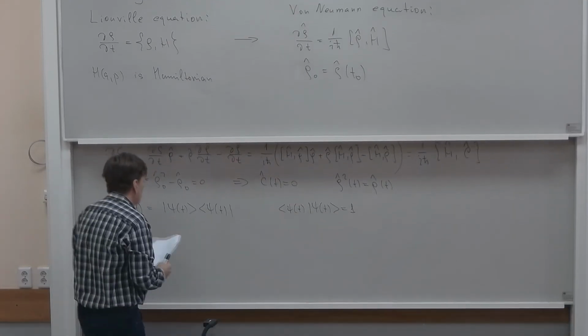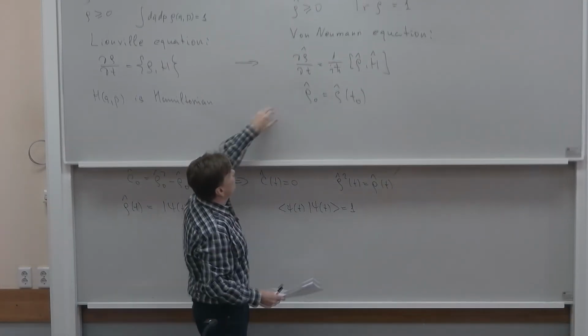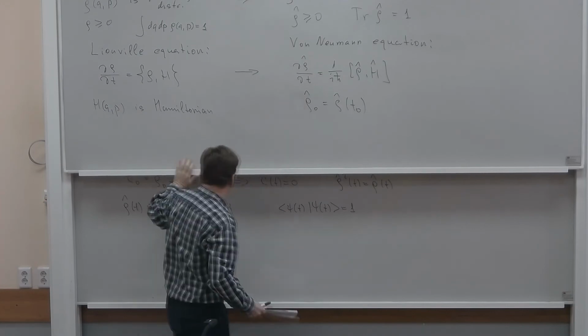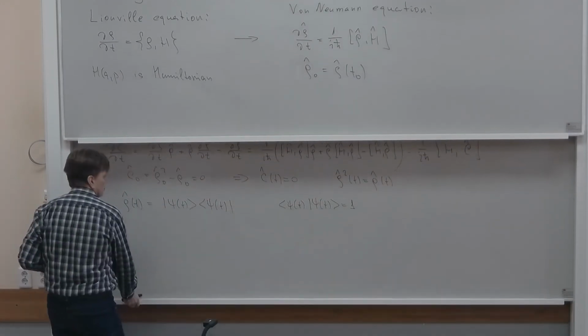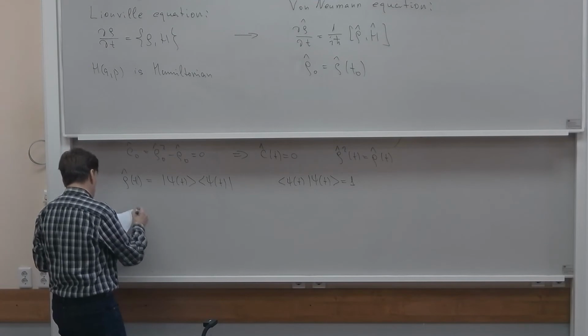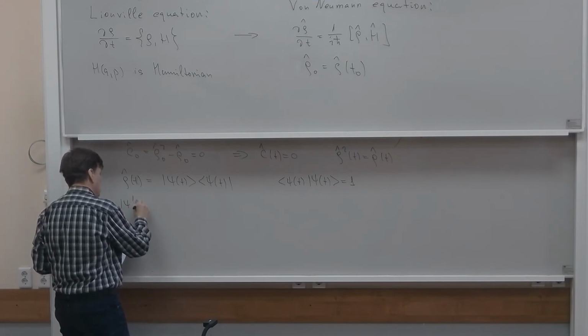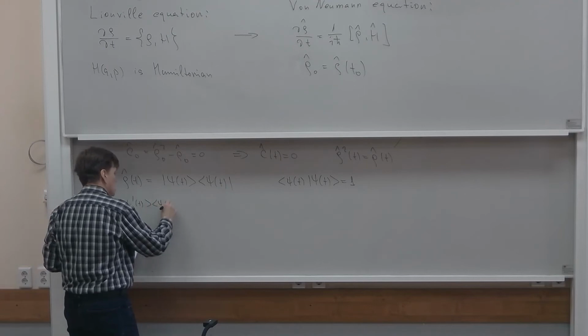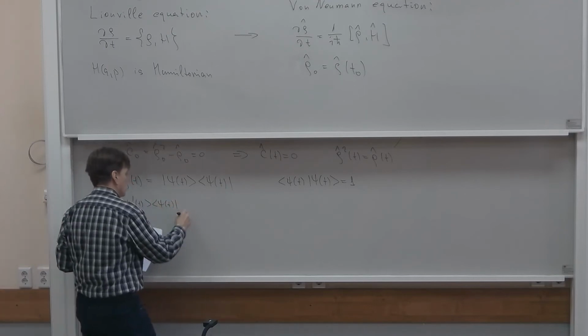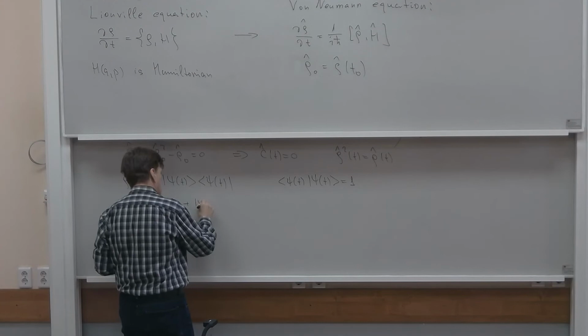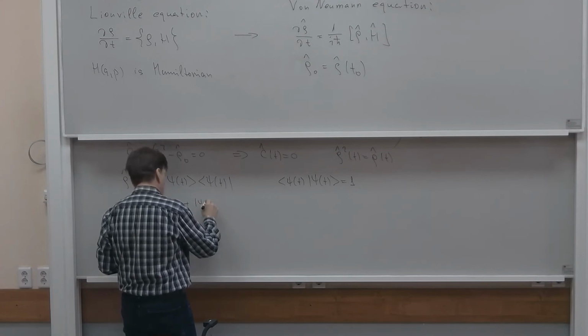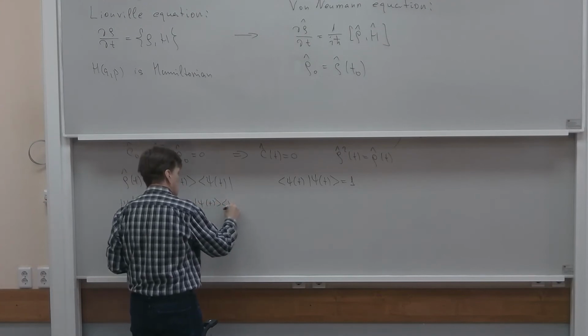First we compute the time derivative on the left by applying the standard Leibniz rule. We get psi prime of t, bra psi of t, plus ket psi of t, bra psi prime of t,